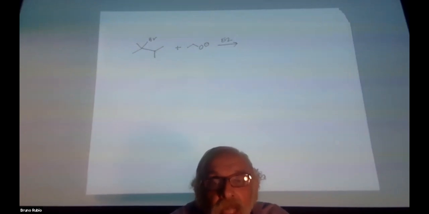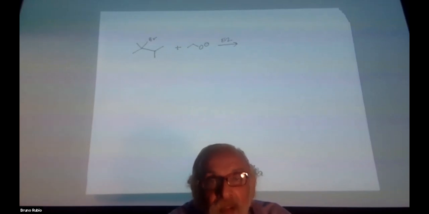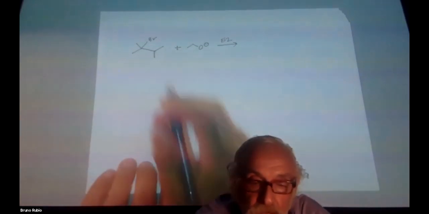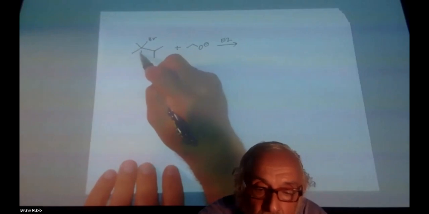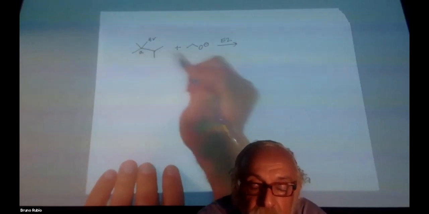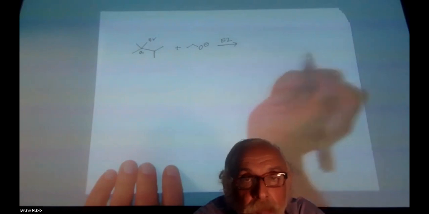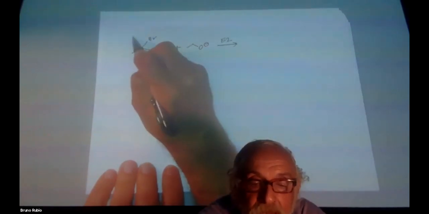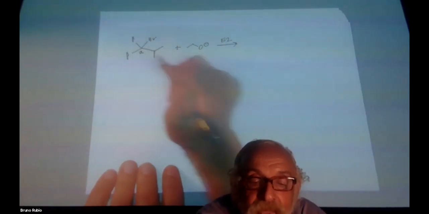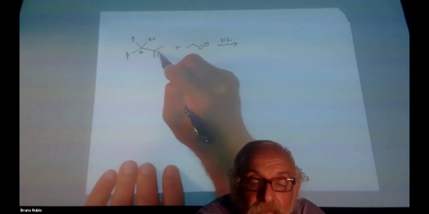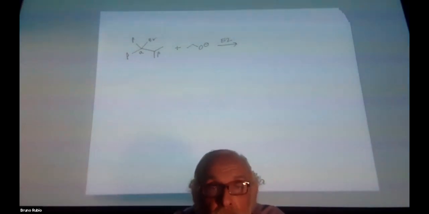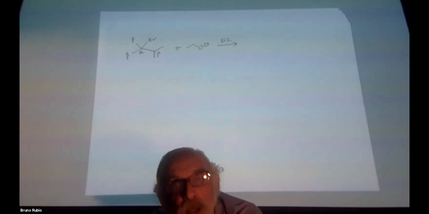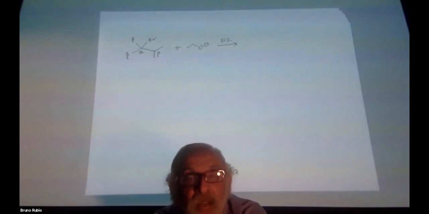Okay, so how does an E2 elimination work? It puts in a new double bond between alpha and beta. Right? So the alpha carbon is the carbon that bears the leaving group. The neighboring carbon is the beta carbon. This guy has 3 beta carbons. That's the maximum number. And so we're going to get a new double bond between alpha and beta, but always